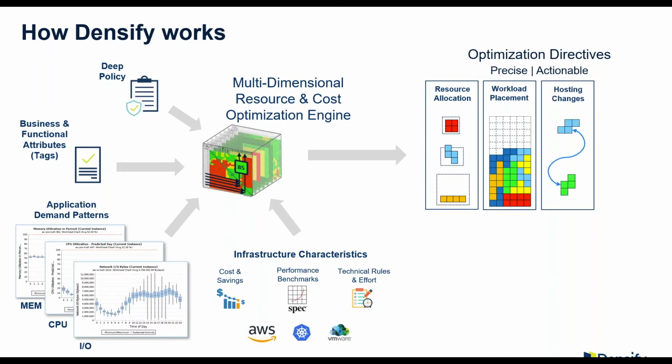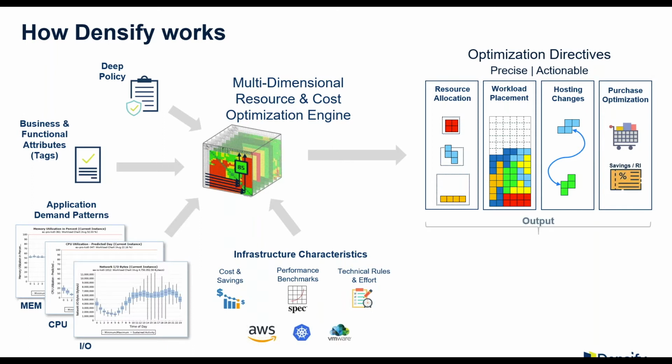Hosting changes. So this is where we're helping you to migrate. So as you're migrating from your on-prem environment, so if you've got a VMware environment and you want to know what the workload looks like running in AWS, or you've got GCP workloads and you're deciding that you may wish to consolidate into AWS, what does that GCP workload look like in AWS? We're able to provide that as part of our transformation capabilities. And of course, we can help with purchase optimization around your savings plans, your RIs. We can help deliver recommendations in those areas as well.